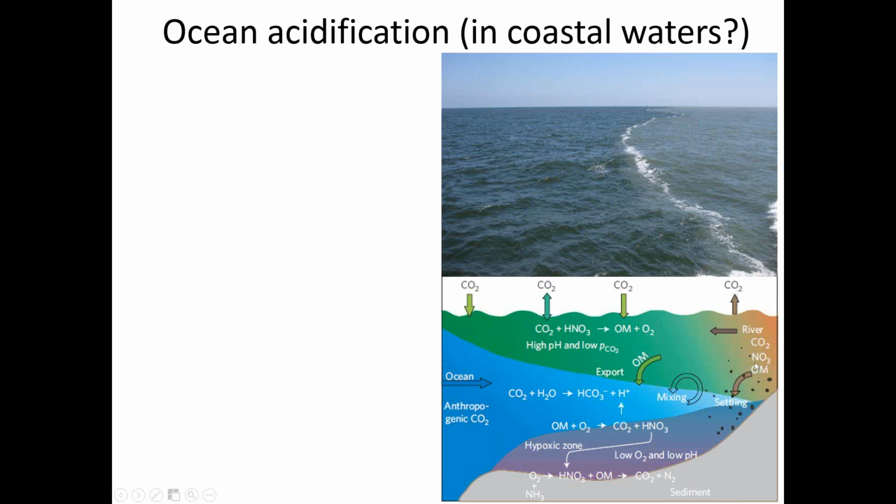We release CO2 here. And because of the nutrients brought in by the river, usually in this mid-salinity zone, you have very high biological production. So CO2 is taken into biomass and oxygen is produced. And that organic matter sinks out of the surface layer into the bottom water. And including both the surface and bottom water, there is oxygen decomposition. The organic matter is decomposed by using oxygen, and that generates CO2.